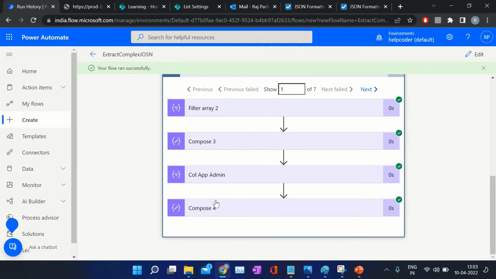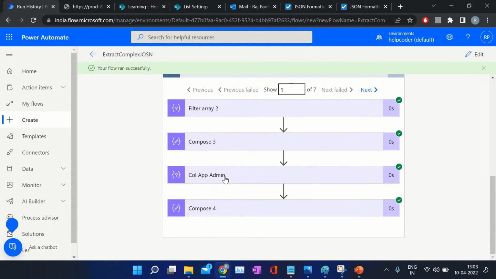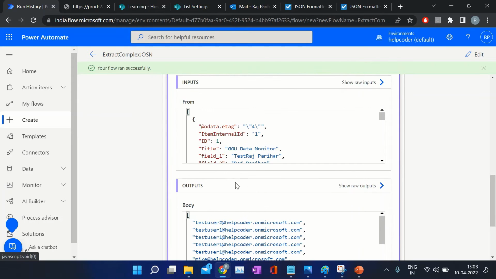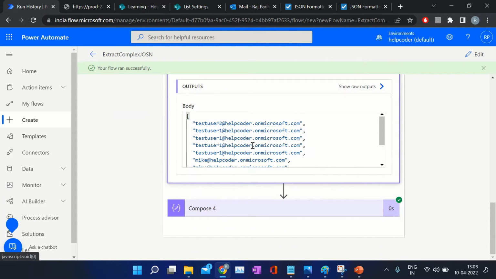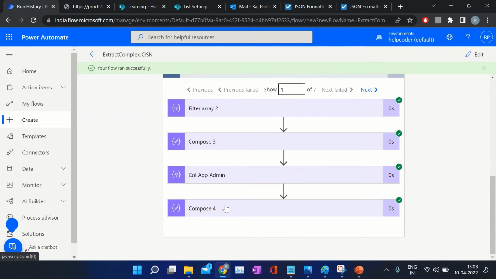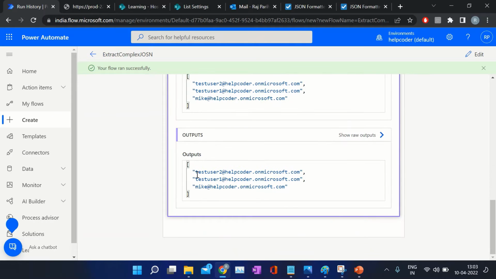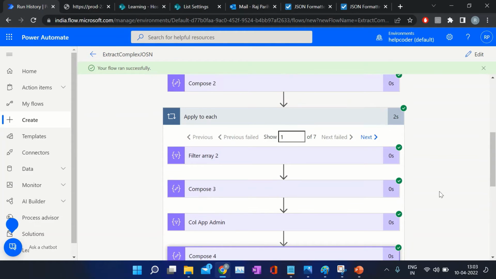flow ran successfully. Here is the count, total 10. These are the extracted application admin email IDs of each application based on the primary application owner, and these are the unique values. Similarly, for the